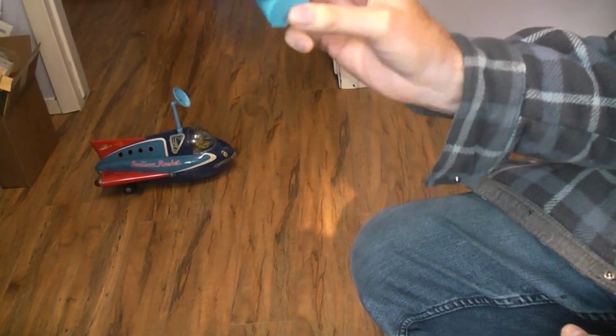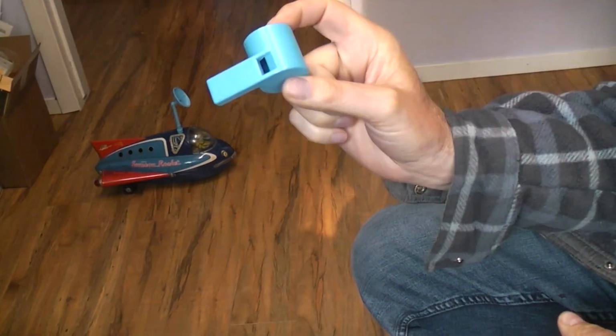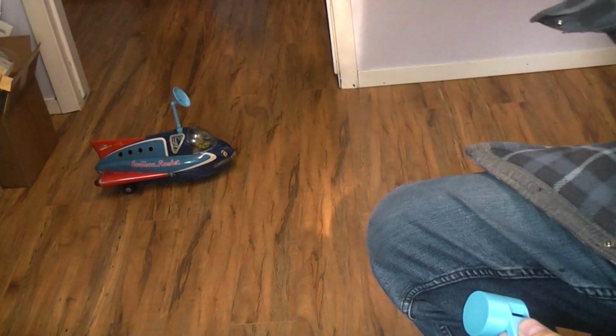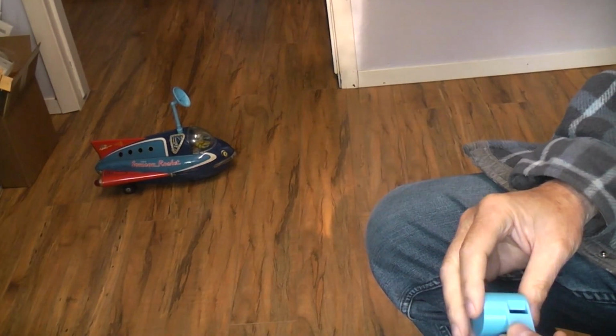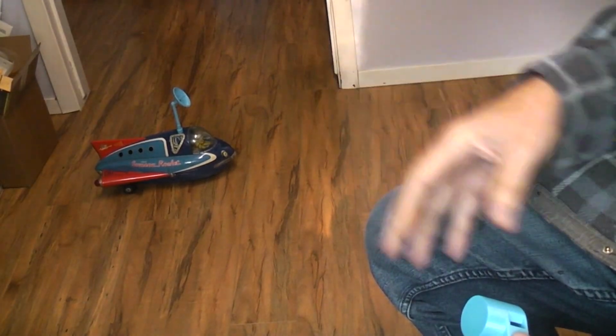Now, the original toy had a whistle. This is not the original whistle, I guess is what I say. This is one that I 3D printed that produces the correct tone. The original whistle was not given to me. This toy was sent to me for repair. And the radar dish sticking out of the top of it is not the original radar dish. I don't know if the owner of this toy has the original radar dish and whistle or not. All I know is I received the Sonicon